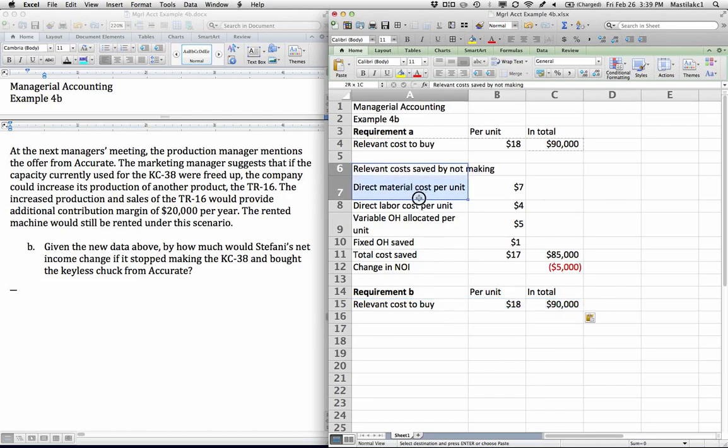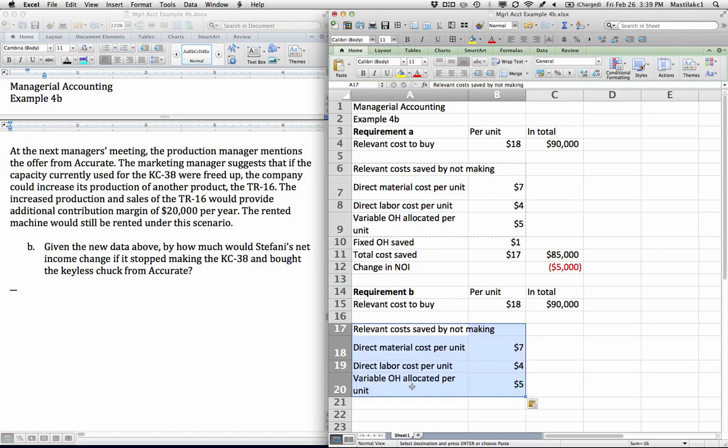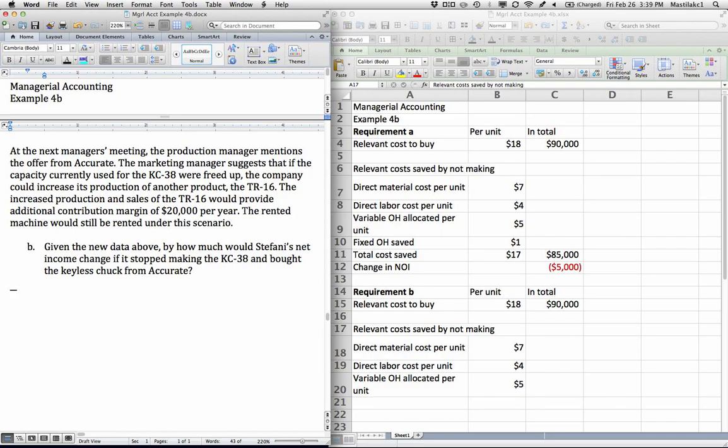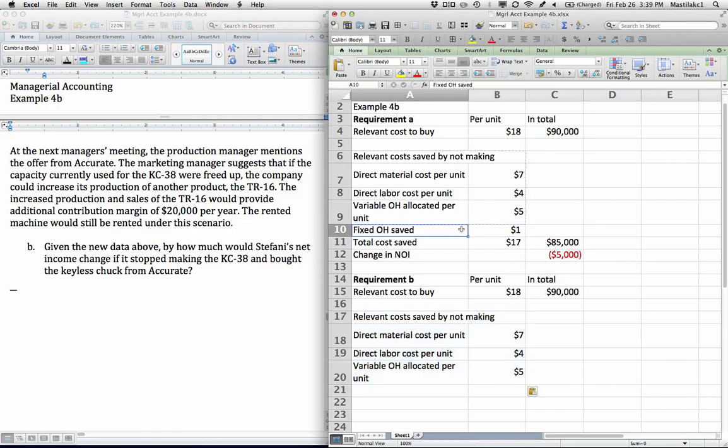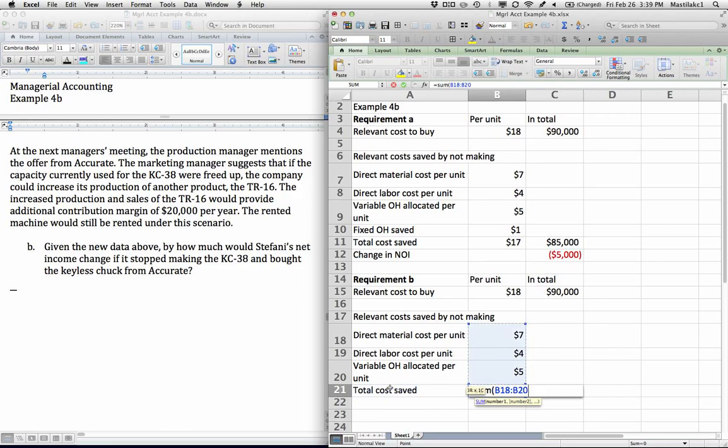What are the relevant costs we're going to save by not making? In this case, we're still going to save materials, labor, and the variable overhead. We're told that the rented machine would still be rented because we're going to use this machine to make the new product. So we're not going to save this $1 per unit here. So the cost we're going to save is going to be $16 a unit,